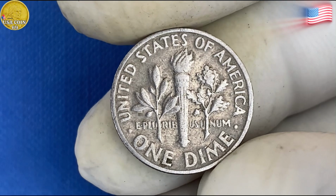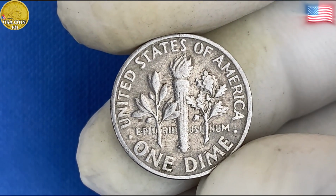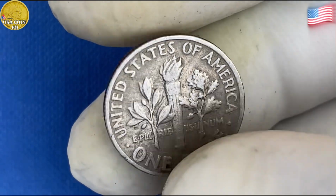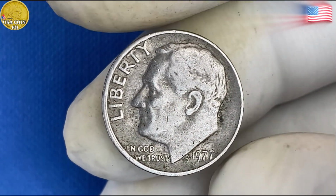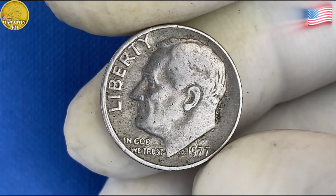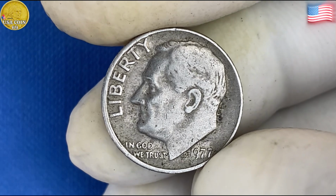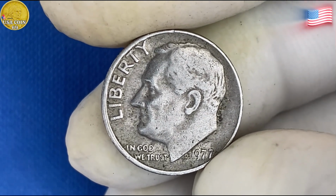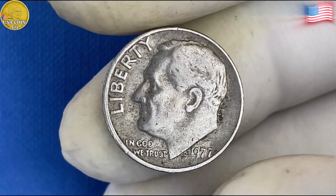Yes, you heard that right, $92,000 for a single dime. While this may sound unbelievable, it's a reality for those who are willing to invest in the rarest and most well-preserved coins. This extraordinary price is not just a reflection of the coin's rarity. It's a combination of historical significance, high demand, and the fact that high-quality 1977 dimes are becoming increasingly scarce as